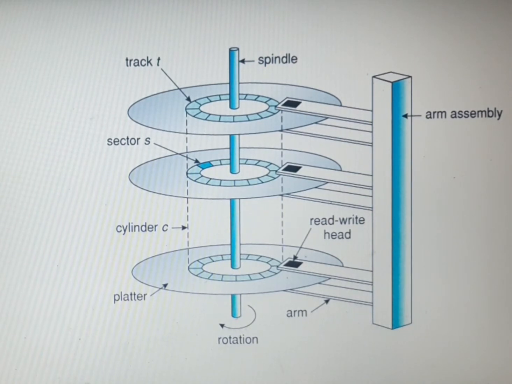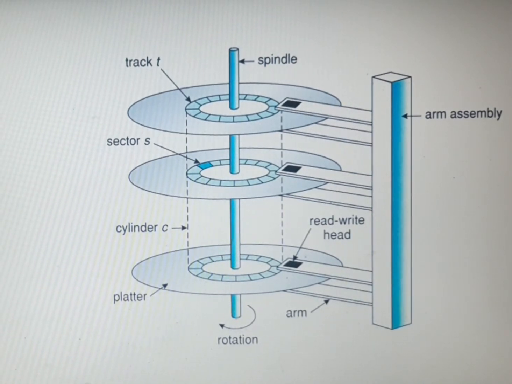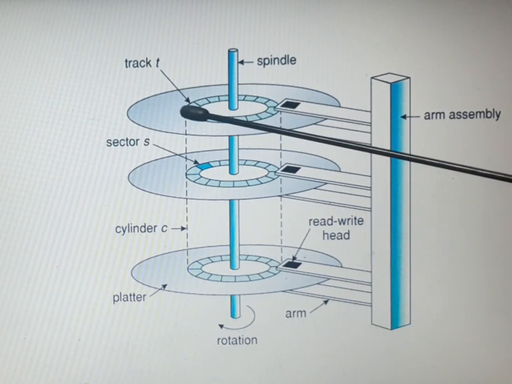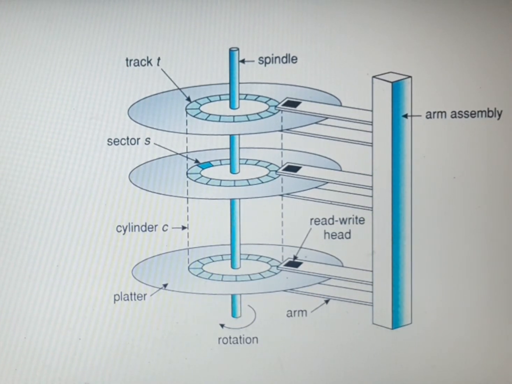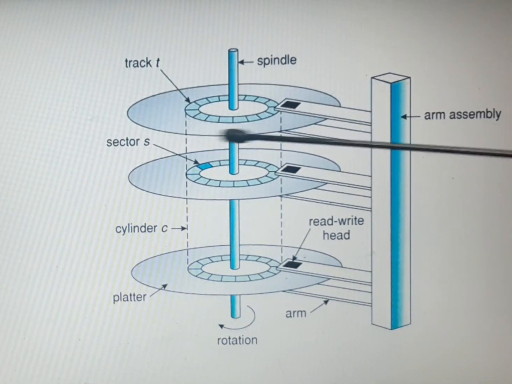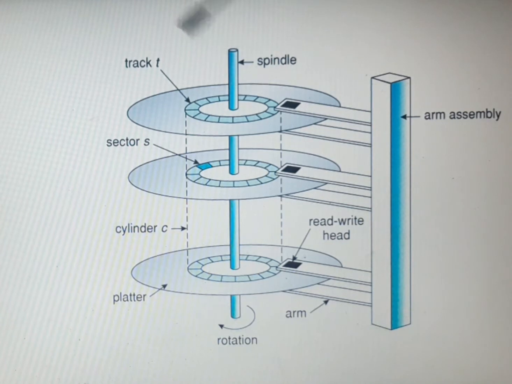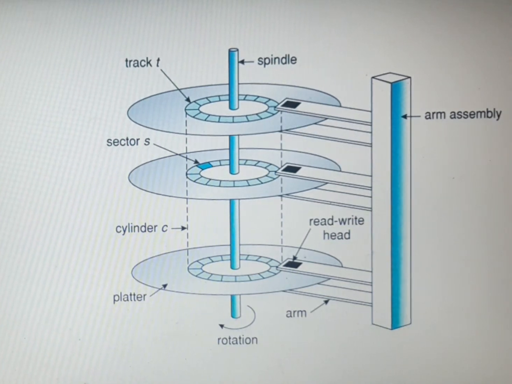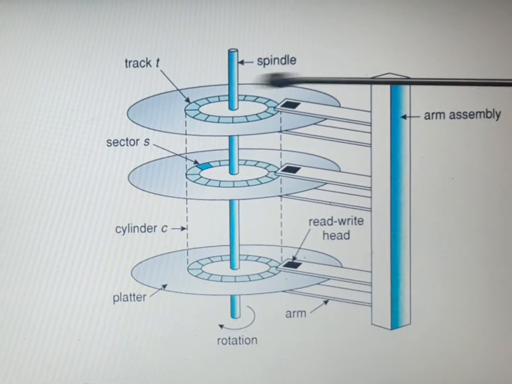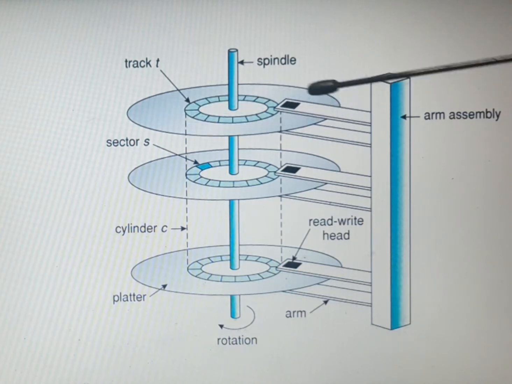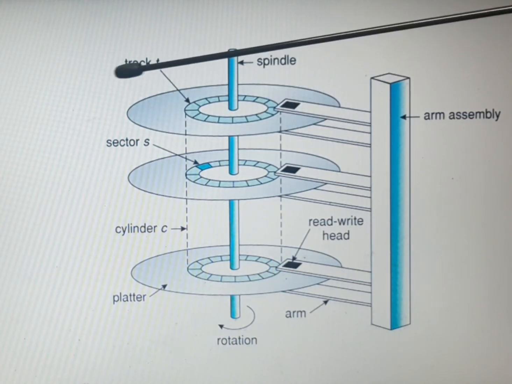Each and every platter will have two surfaces, and tracks will be there. Tracks means what? I think many of you know what a track is. In the disk you will have small rounds, lines in circular motion. Those are nothing but tracks. So many tracks will be there on the upper surface and also on the lower surface. All the round notations on the platter are tracks.